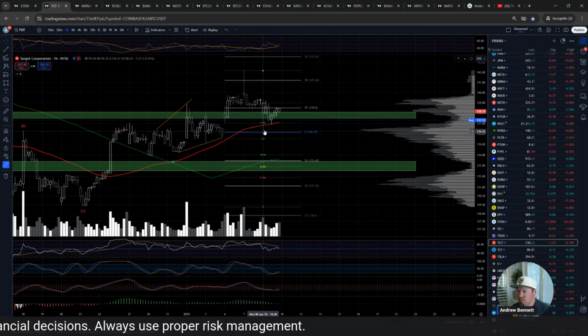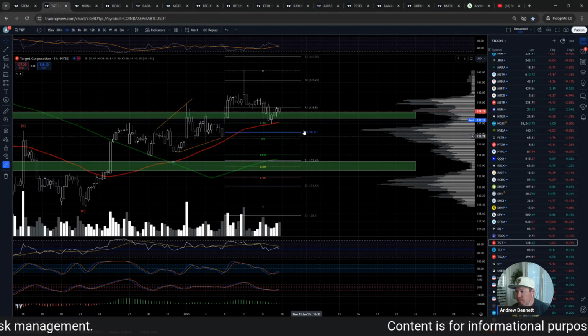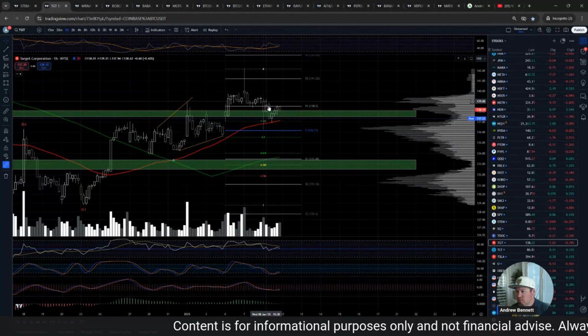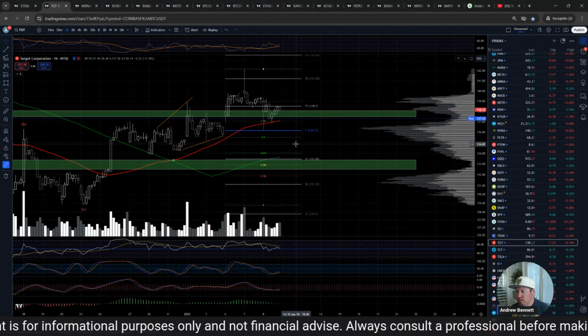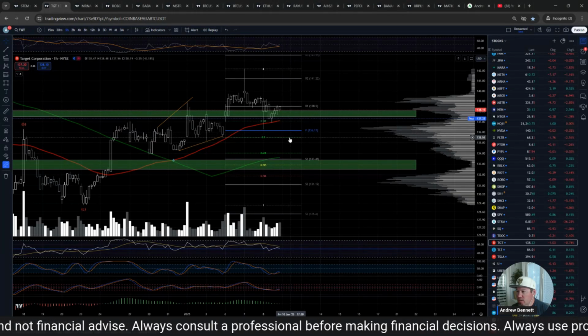So that's not terrible. It's really not. It actually, no, there's no gap there. It looks like there's a gap there, but it's not terrible. This was kind of a quick up and down, so it still looks like it's in a correctional phase. So maybe what could happen is if it could go and hit the 50 at